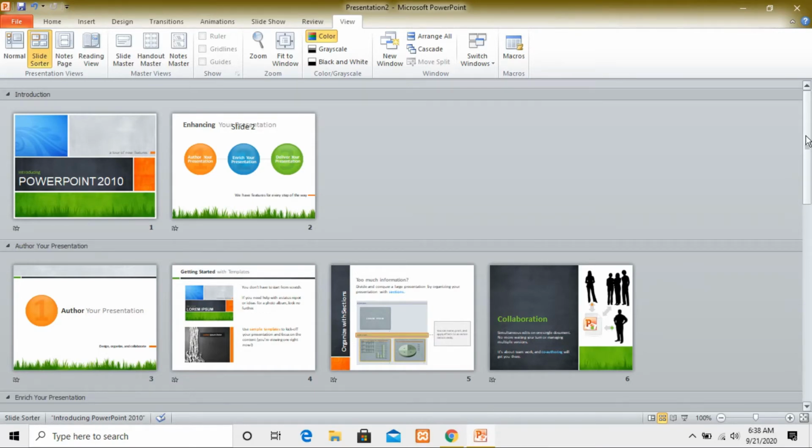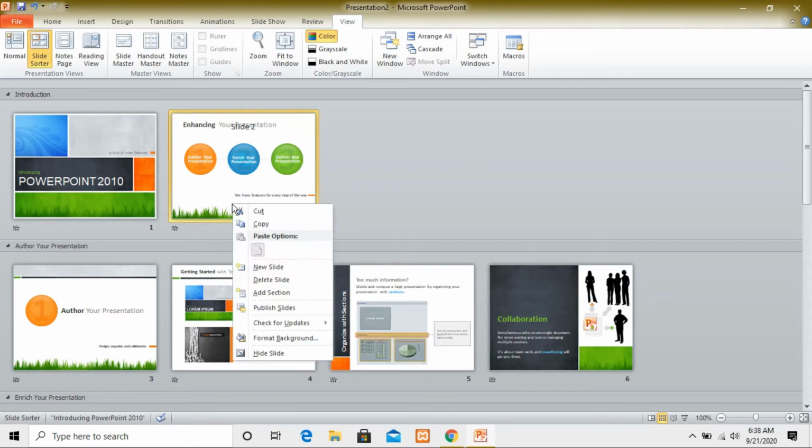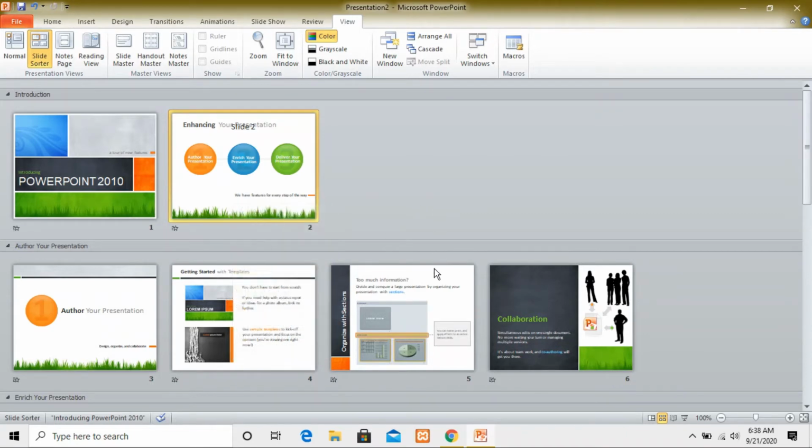If you want to delete some slide, right click here and delete it. You can also add some content in your slide. If you want to do anything on your slide, you can do it from here. So the slide sorter view basically helps you recognize all these slides.